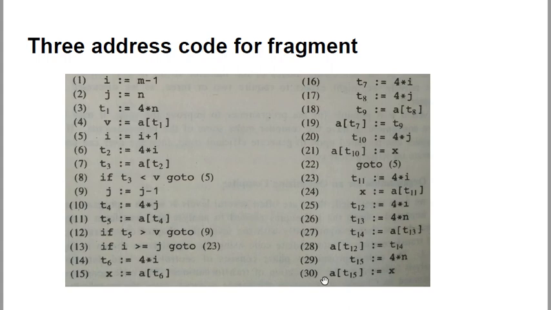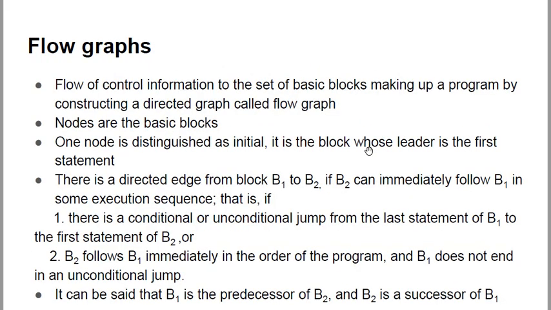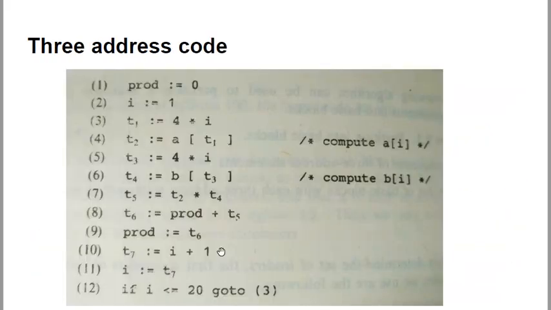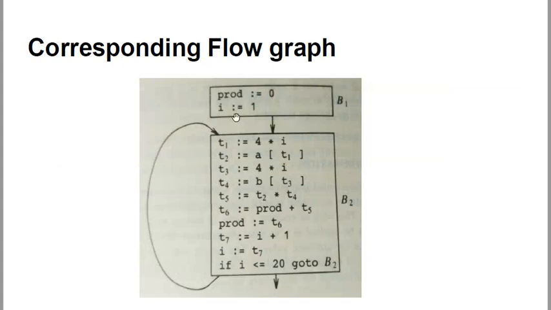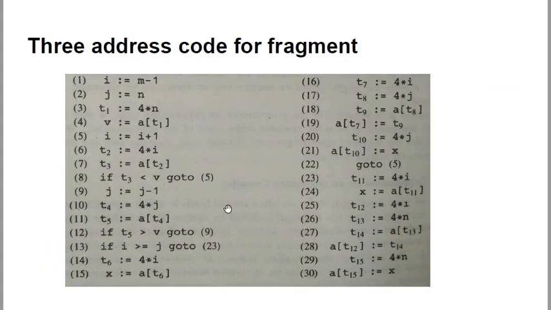After you construct the three-address code for a particular fragment, you try to draw the corresponding flow graph. I suggest you try to draw the flow graph on your own, without seeing the last slide of this presentation. I hope you will understand from there. The three-address code for the dot product was very simple. Over here you had only 2 basic blocks, but here you are getting 6 basic blocks. How the flow of information occurs from one basic block to another is very simple, but you just have to go on practicing.